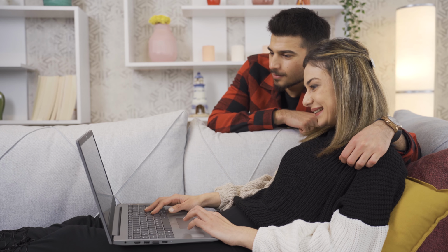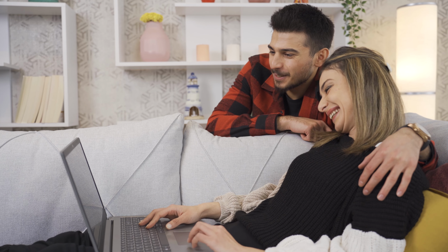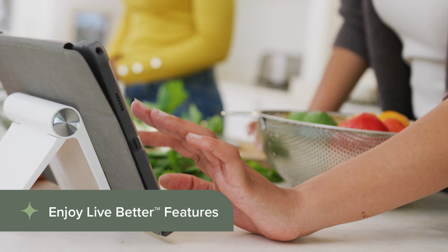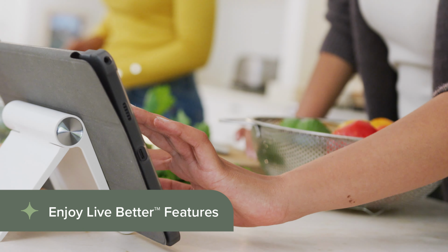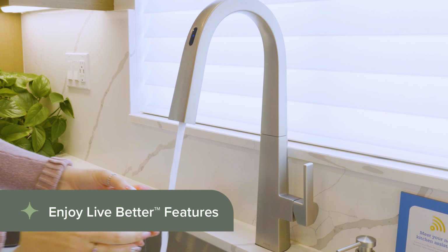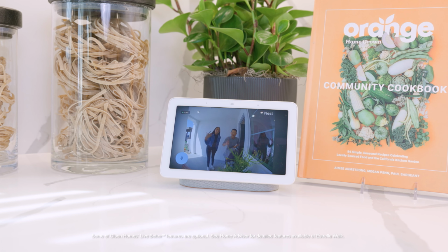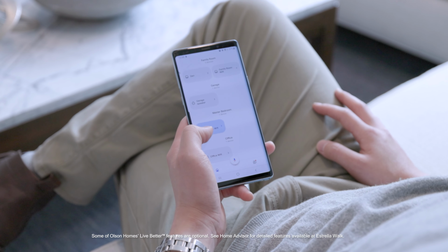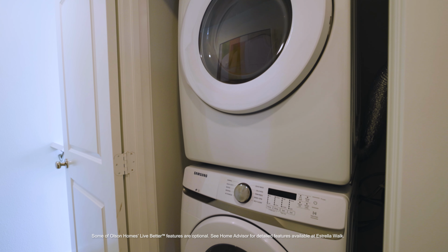At Estrella Walk, you can live better in a new Olson home. To live better in an Olson home means having everything you need to fully embrace a healthier, smarter, and planet-friendly lifestyle, from a walkable location to smart appliances and healthy home options. Our connected tech features at Estrella Walk include Wi-Fi thermostats, smart appliances, and pre-wiring for network devices to maximize Wi-Fi